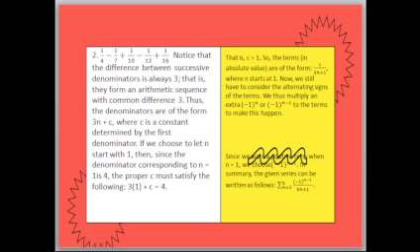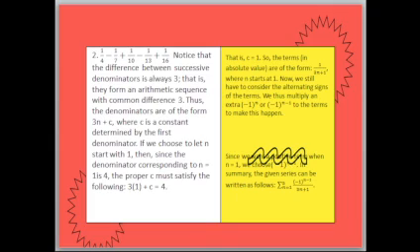So we have 3 times 1 is 3 plus 1 is 4. So we can have that denominator 4. Next is 3 times 2 is 6 plus 1 is 7. 3 times 3 is 9 plus 1 is 10. And 3 times 4 is 12 plus 1 is 13. And 3 times 5 is 15 plus 1 is 16. So we can have that form, and we can get those